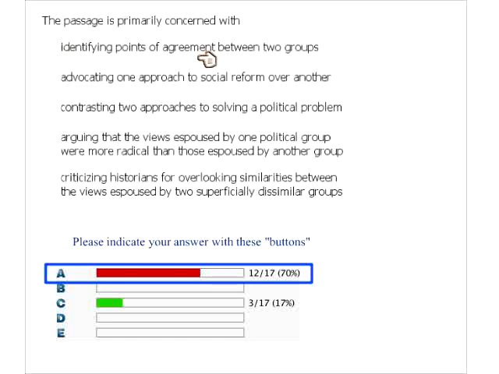So the point is to identify the points of agreement between. Yeah, one gentleman is making the point, you got to answer the question. I know I make this point on the regular, but there were three of you who didn't pick an answer, so you got to pick something.